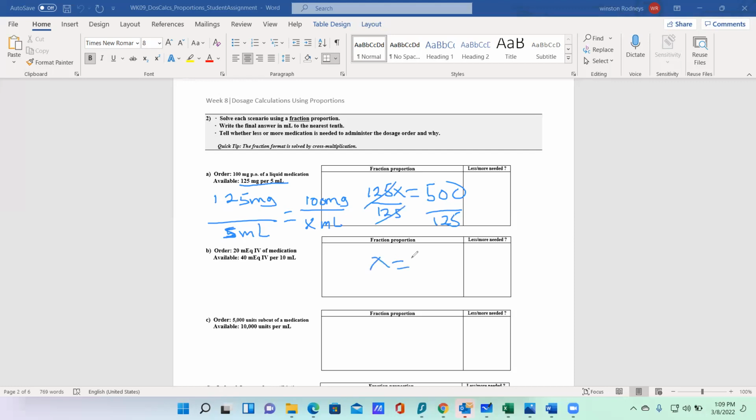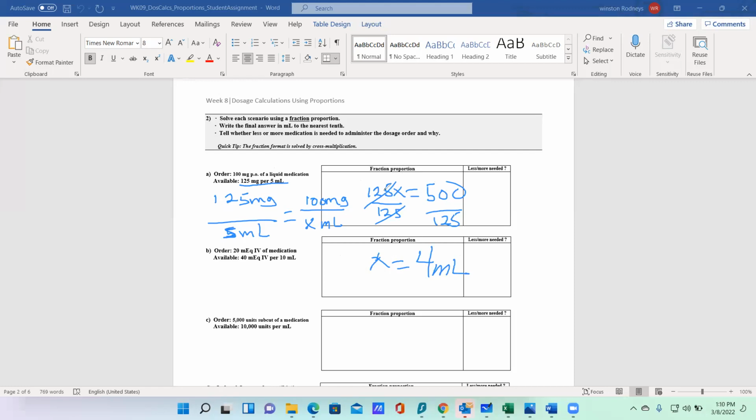X equals 4. What does that tell me? Well, we're looking for mL, so it's 4 mLs. So that means that for this 100 milligram by mouth order, we're going to need 4 mLs. So the question here is,